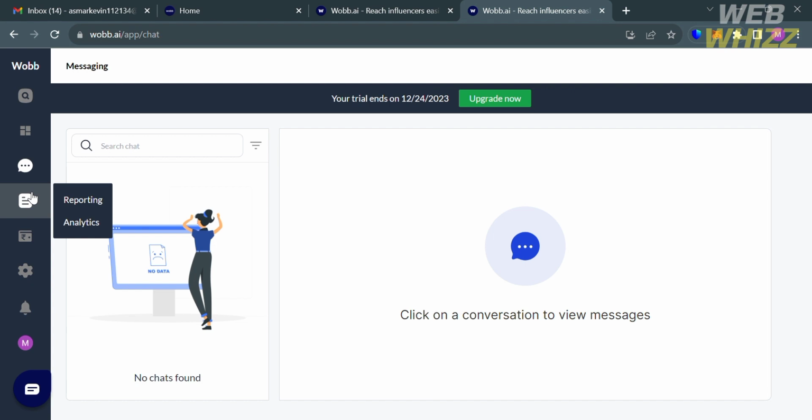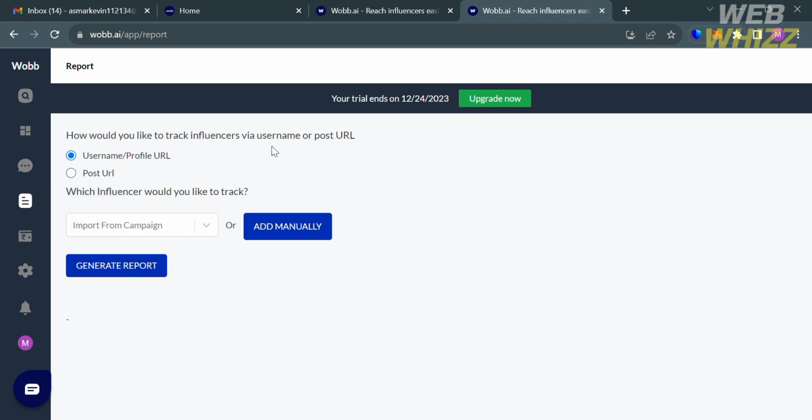And now, aside from that, you could also navigate on the left side panel this reporting option, and analytics, which will help you provide detailed insights and data analysis to support informed decision-making and improve project progress. And from here, you could also choose to track influencers via username or their post URL. And you could also track influencers manually. And after that, you can click Generate Report in order to show all of the data analysis and detailed insight